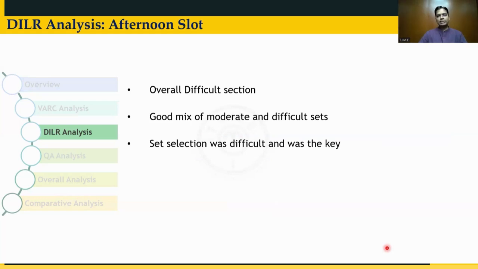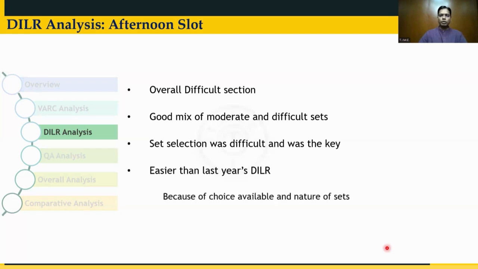There were only 4 sets and they were mostly challenging. That would have made it very difficult for the students to decide which sets to pick. This year, with 5 sets, there were some sets which could have been easily identified as easier or doable. But again, a little bit of an open mind would have been very helpful, because as I said, some sets look tougher, but they were not really tougher. The set on the networks and the roots. So overall, it was much easier than last year's DI section.